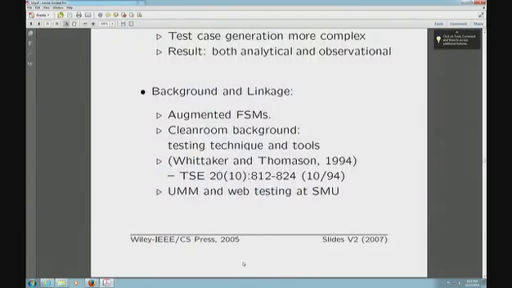So the background and the linkage we talked about: the basic concept is basically a finite state machine. You add some probability to the transitions. That's the Markov chain. And historically, it had a lot of linkage to the clean room technology. Clean room technology was initially developed by Harlan Mills when he was working for IBM Federal Systems Division. And so essentially the idea with the clean room technology is that